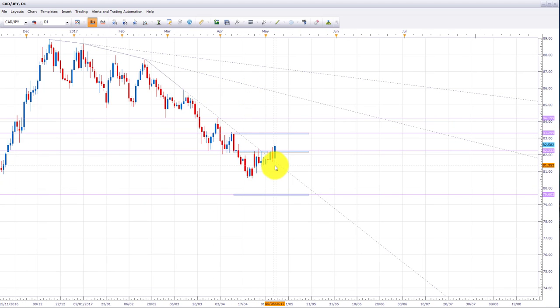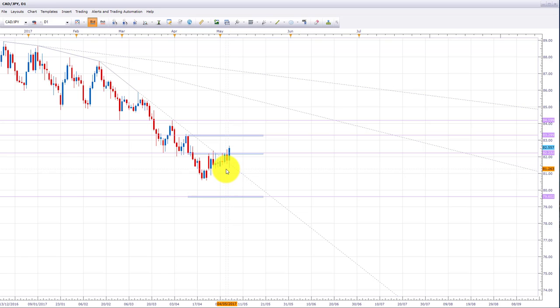CAD yen. We were looking for shorts in the CAD yen last week, actually, because we did see some decline in oil, and also it was sitting underneath this. It was actually an area of confluence of resistance, because it was sitting underneath this downward sloping trend line. It was also in a kind of corrective pattern here. As you can see, this was the down leg, and it was kind of correcting up to this area of resistance, the downward sloping trend line, and also this broken support level, which we were looking to become resistance. So this was setting up really nicely last week,